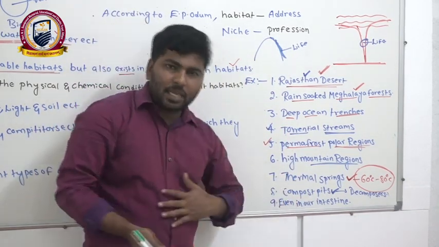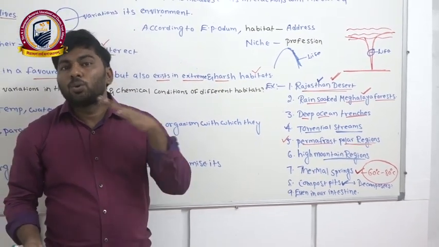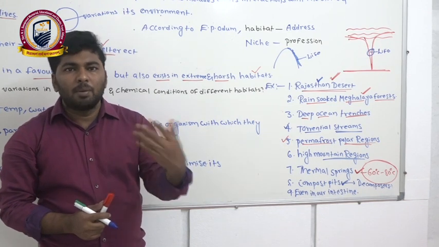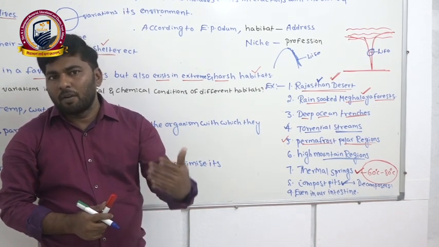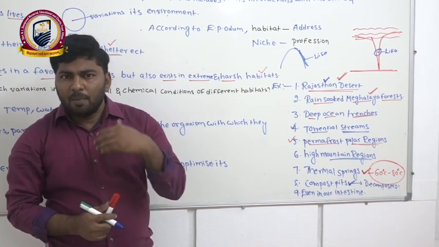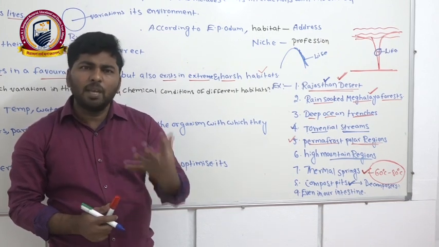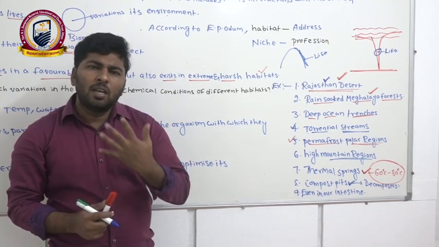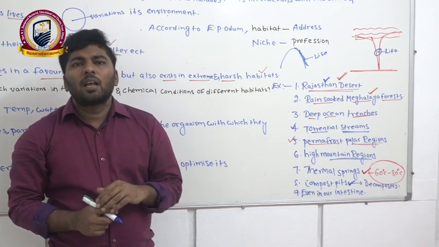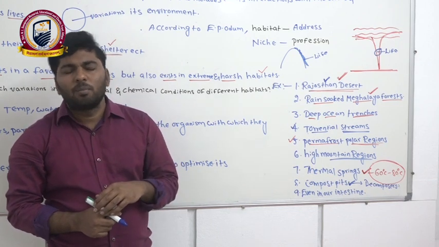Even our intestine is also a suitable environment for so many pathogens like Entamoeba histolytica, Plasmodium vivax. These are malaria causing organisms, amoebiasis causing organisms, or ascariasis causing organisms. So many organisms live in our body. They are taking our body as a comfortable habitat. They were getting all requirements from our body.